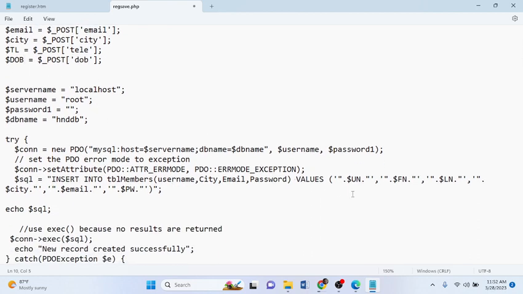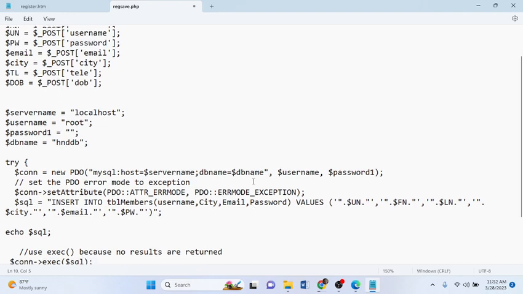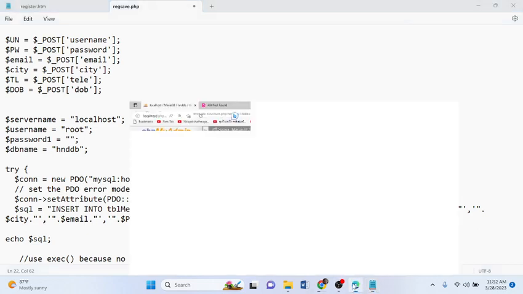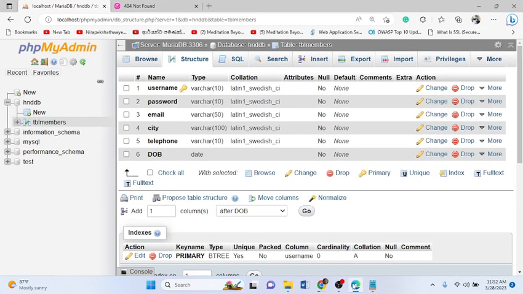So we have username, city, email, password, and let's see what is the sequence of things: username, password, email,